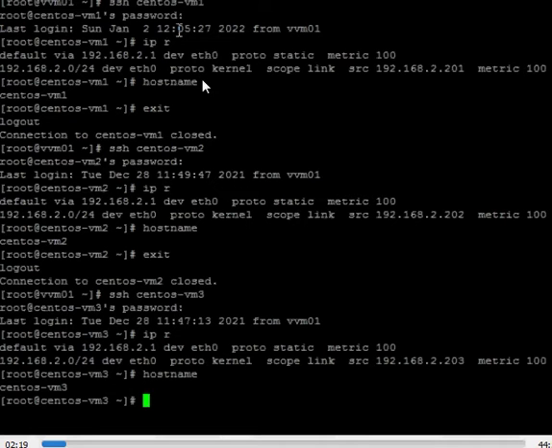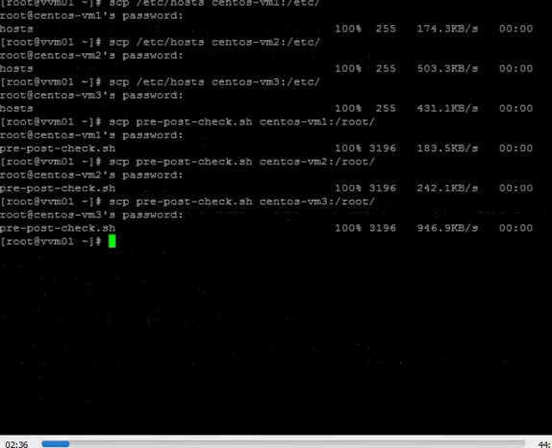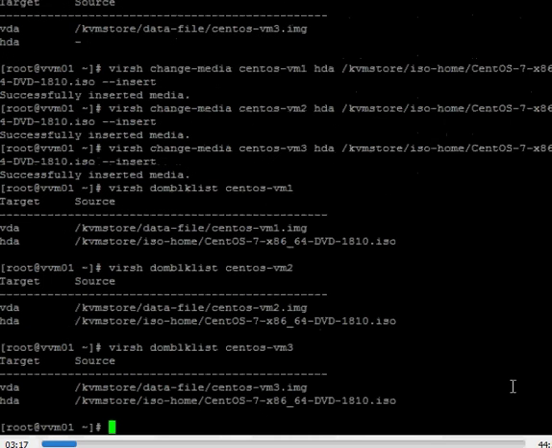The IP address is 192.168.2.203. So here we are copying the etc hosts and the pre-check and post-check files on all the servers. Here we have already attached the ISO image to the VMs. I will let you know why we have attached the ISO image to the VM.